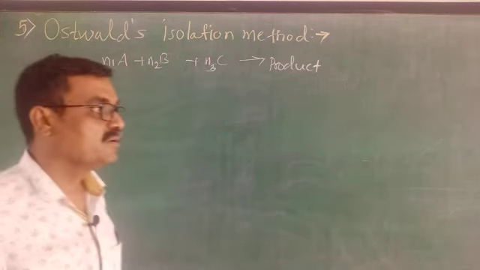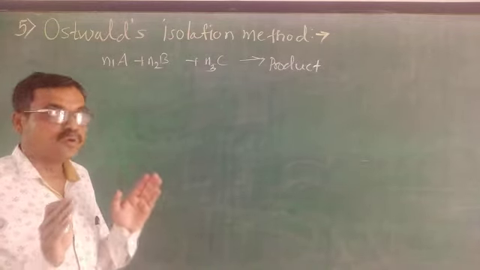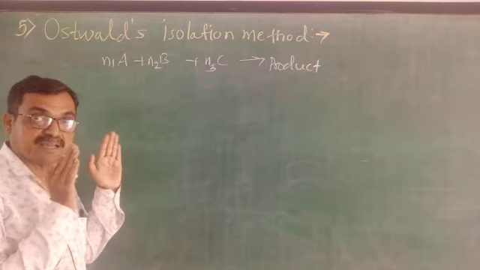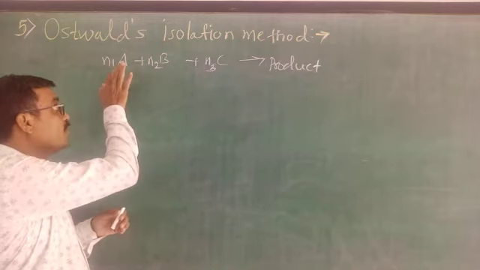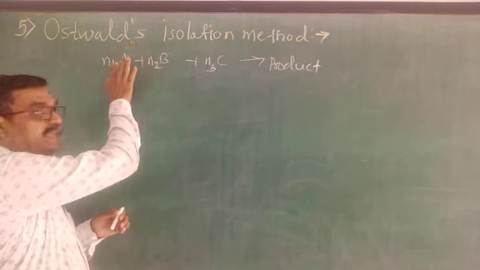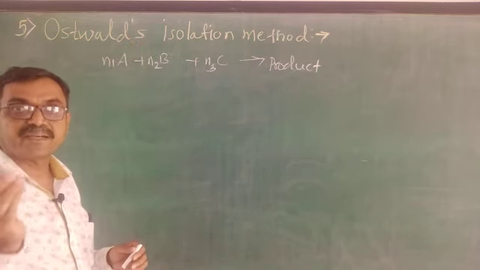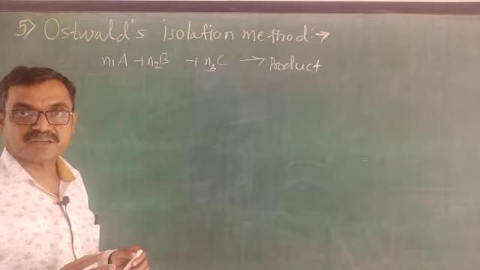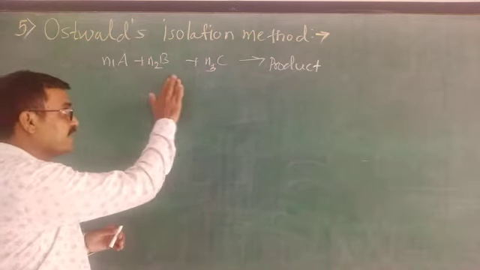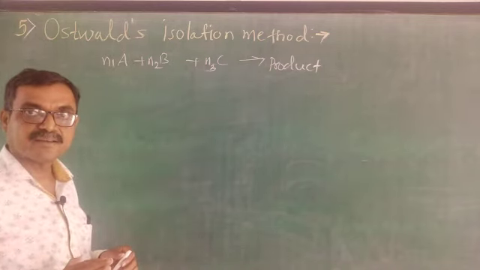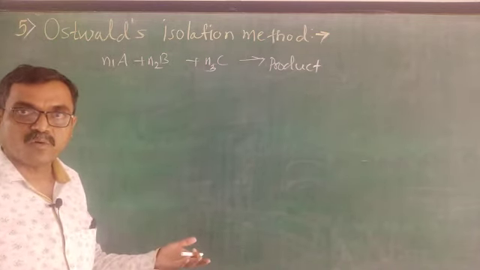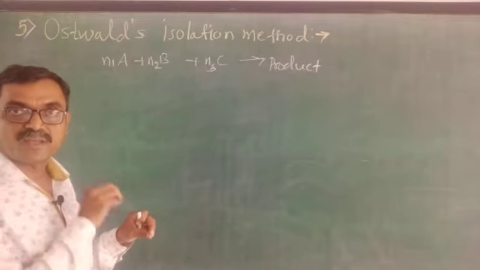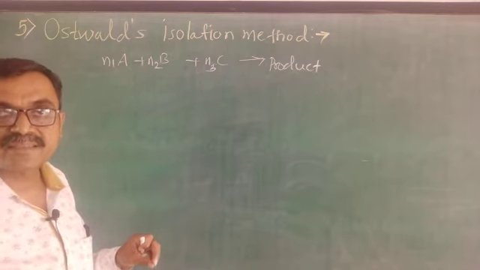Now first of all, what do we have to do? We have to isolate one of the reactants. How is one of the reactants isolated? Suppose you want to isolate this reactant A. Take this reactant A in a definite quantity in the reaction, while the other reactants are in excess. Simple thing. How is it isolated? Take that particular reactant in a definite amount while the other reactants are taken in excess.